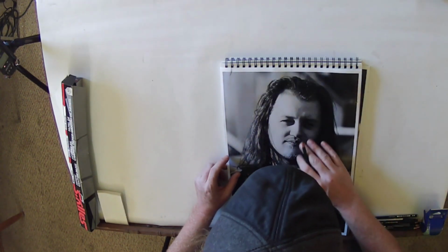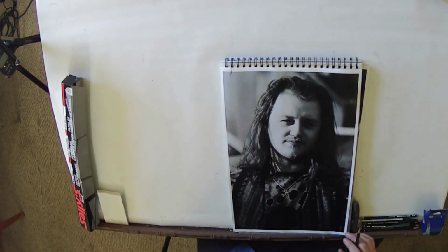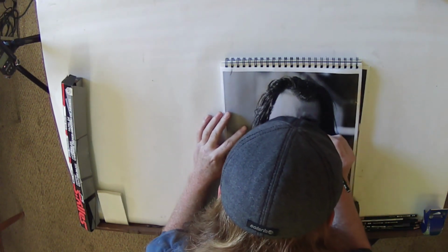I gotta find his pupil in here, and even though it's blown out a little bit, the darks are a little too oversaturated. We can still, if I get in there and look up close with my eye, I can still